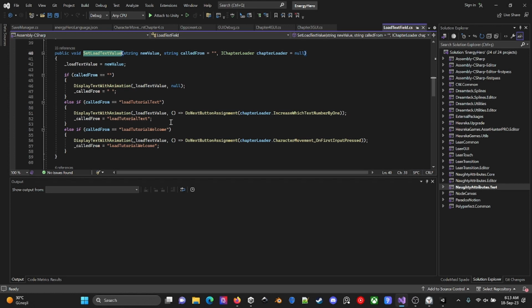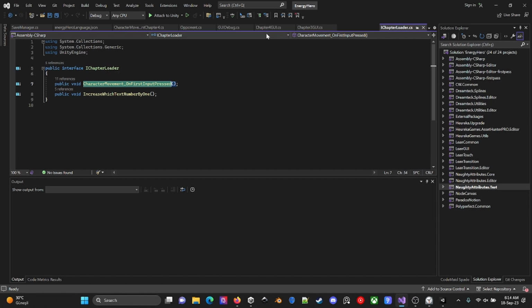After Unity gets the text values from the file, the lambda method is responsible for assigning the do next button assignment. It just goes into the chapter loader, and it calls the chapter movement on first input pressed.